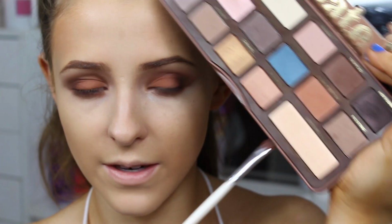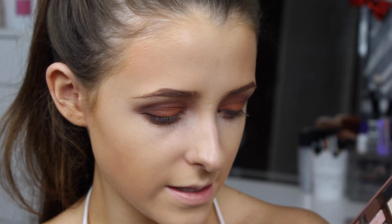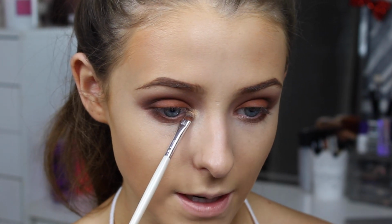Okay, so now that I have that done, I'm going to go in with this colour here. I'm not too sure whether I want to apply shimmer into the inner corner or not. I think I'm going to use this colour here, which is my favourite colour in the palette, called Butter Pecan, and it's like a really nice orangey champagne colour. It's really pretty, and I'm just taking it on that same brush and placing it right into my inner